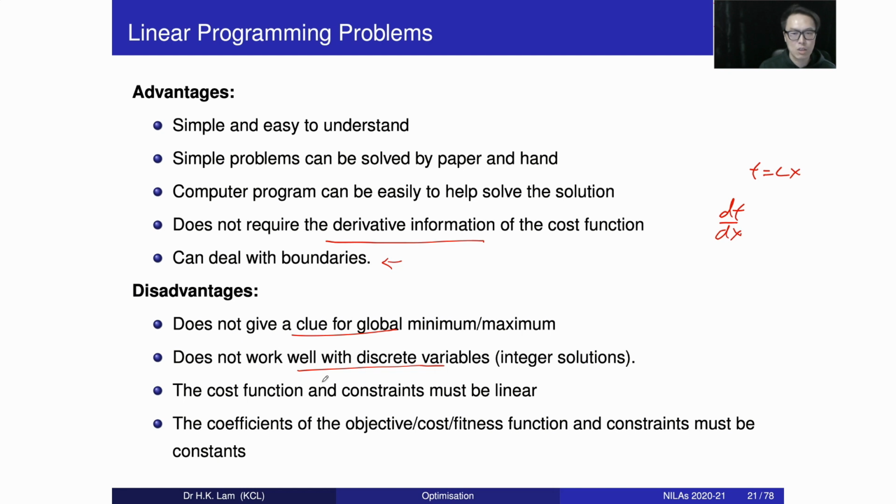And the cost function and constraints must be linear. If it is not linear, we cannot apply this method. As well as the coefficients, they must be constant. If it is not a static problem, and the coefficient changes with time t, then we cannot apply this method as